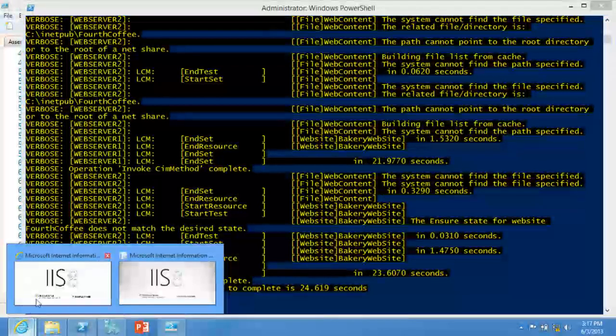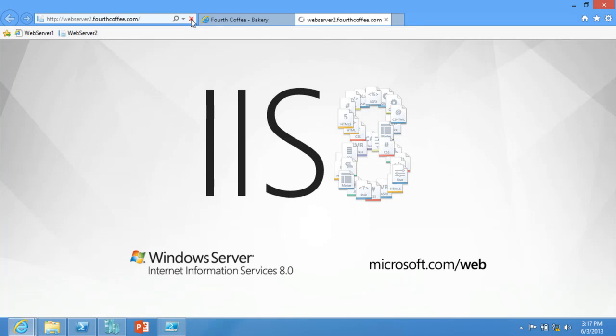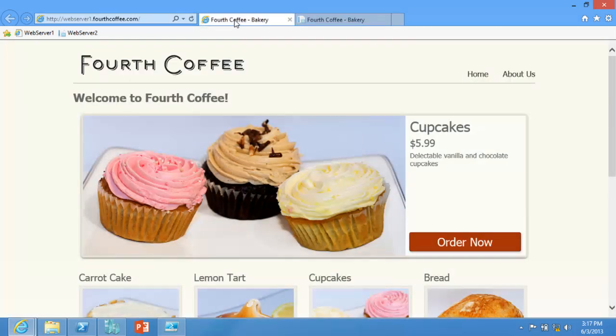And so in theory, assuming our demos worked, we will get something besides the IIS up here. Drum roll, please. Thank you very much. And we have cupcakes. Cupcakes. Everybody loves cupcakes. Ever since I've been running this demo, I have fallen in love with cupcakes. It's a crowd pleaser.